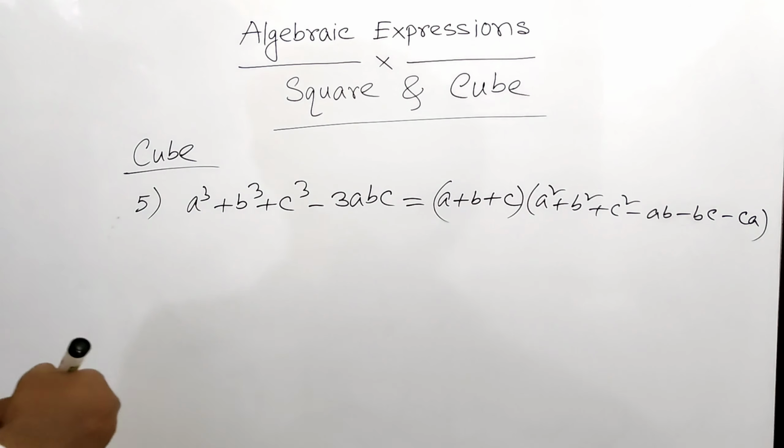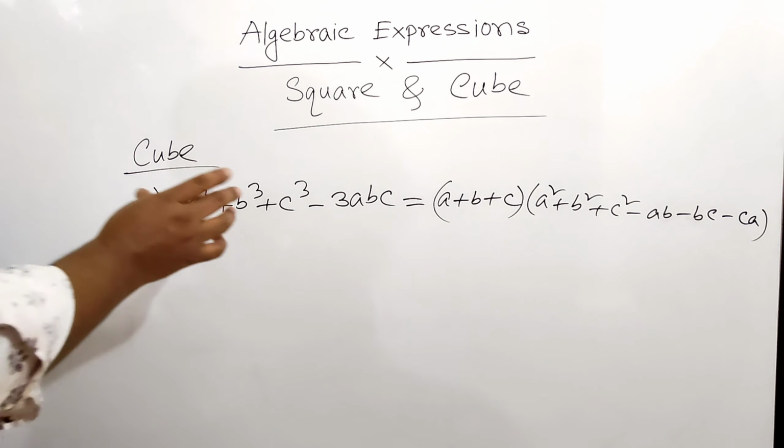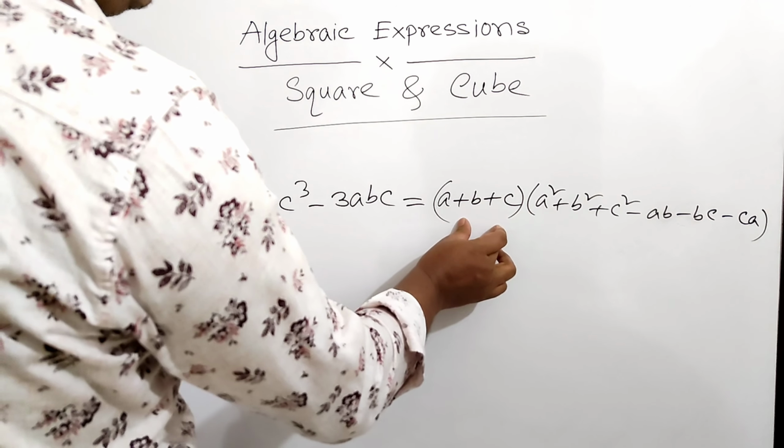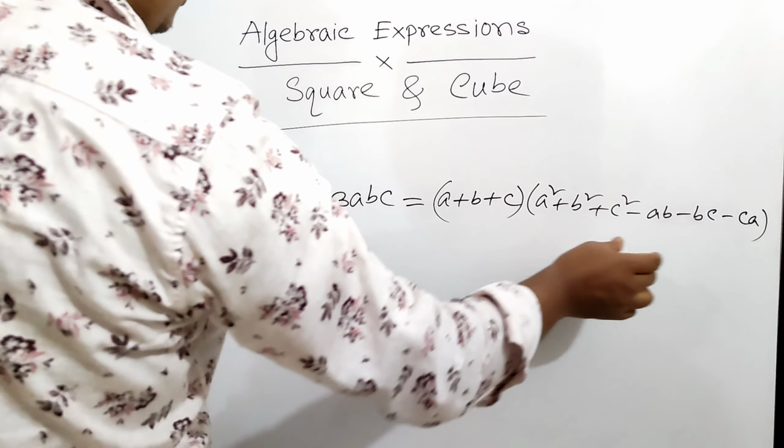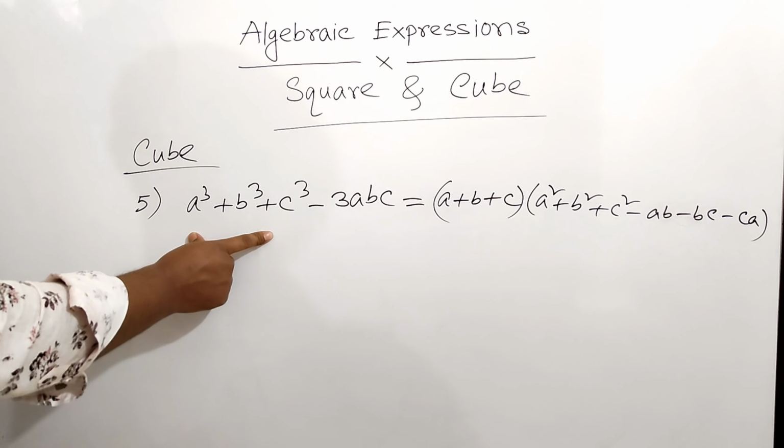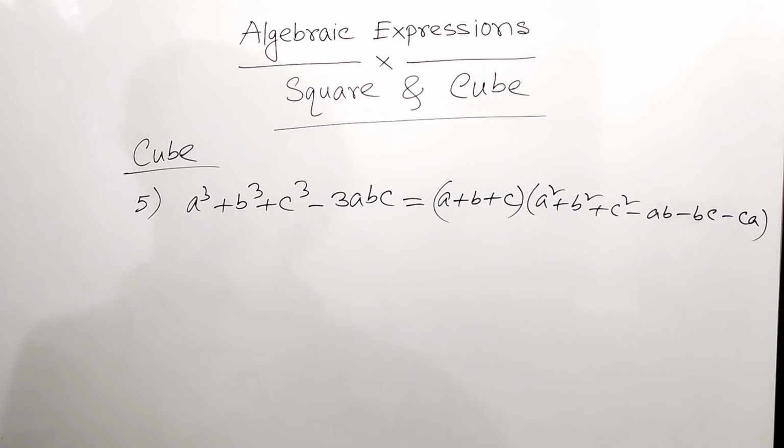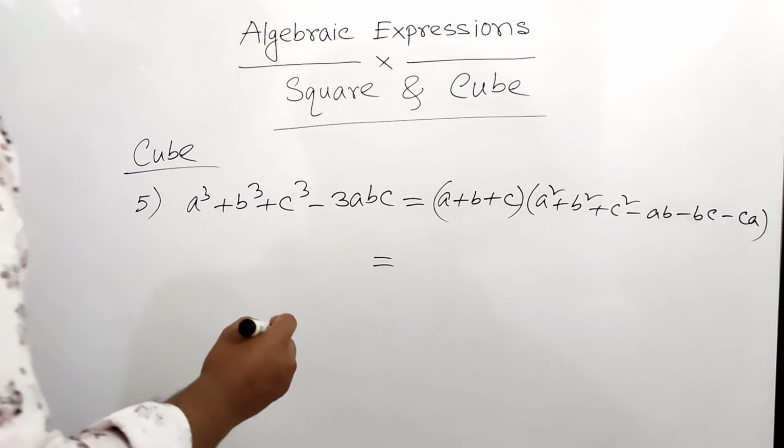Okay, so in some cases you need to know this formula, because sometimes the question asks you to find the value of this. Sometimes it will be given this and this and this, you need to find the value of this. So then you must need to know this formula,